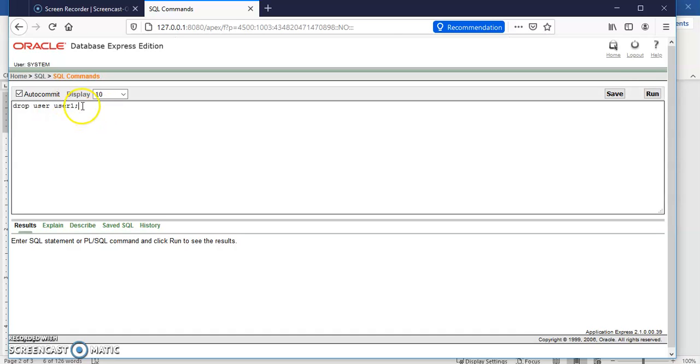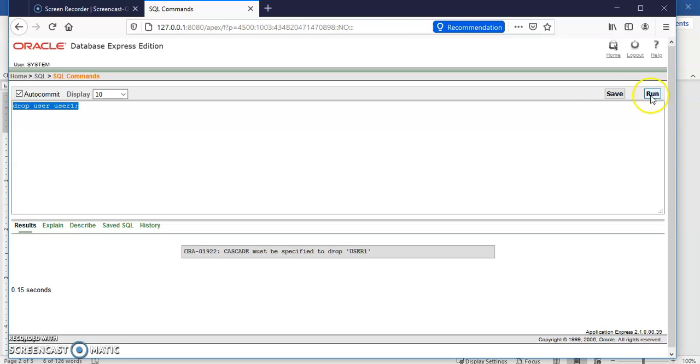But this user has created one table, that is the students table. So obviously we are not allowed to delete this user directly. We need to use the cascade option. Then only we can remove this user with its tables or database objects. So let's use this cascade option.